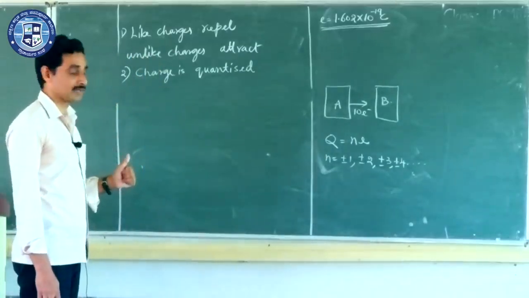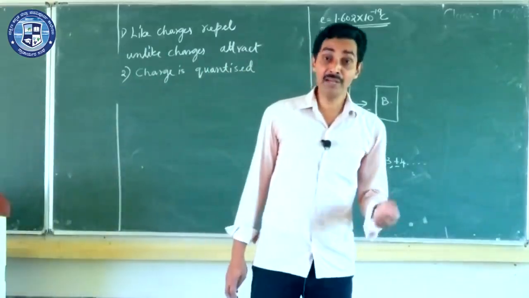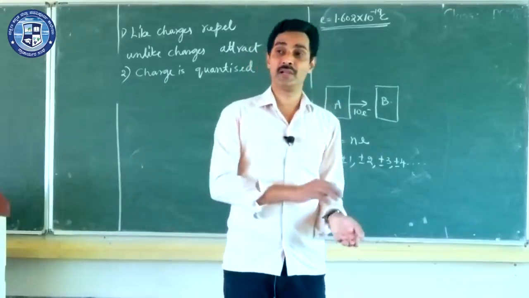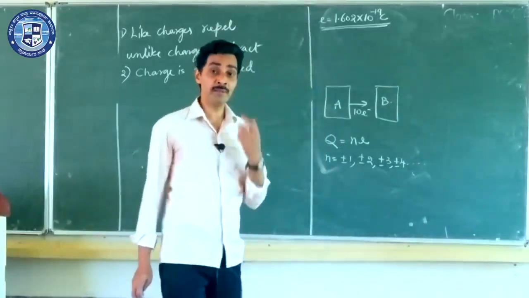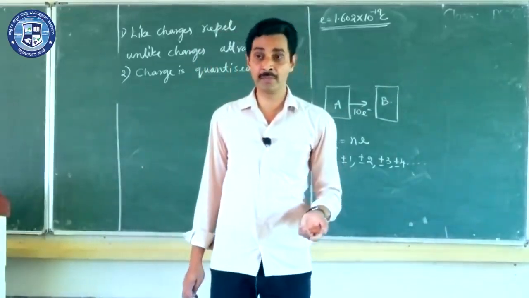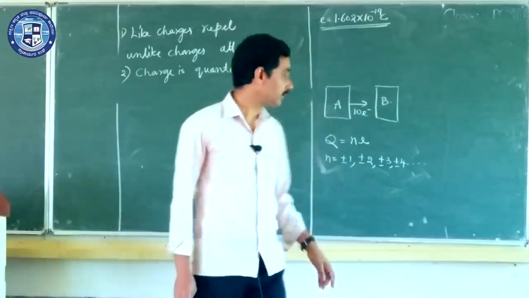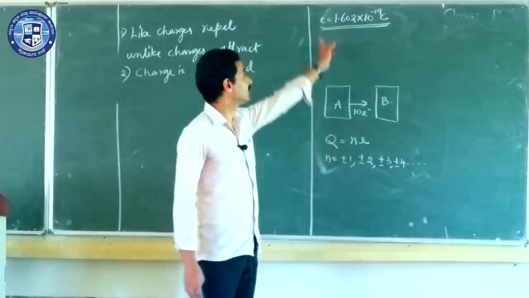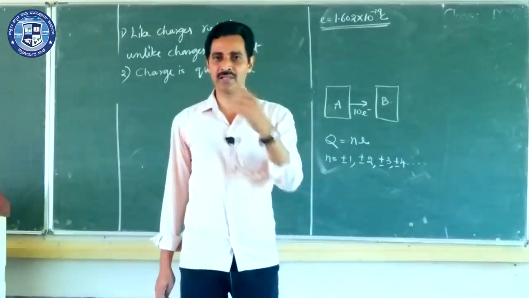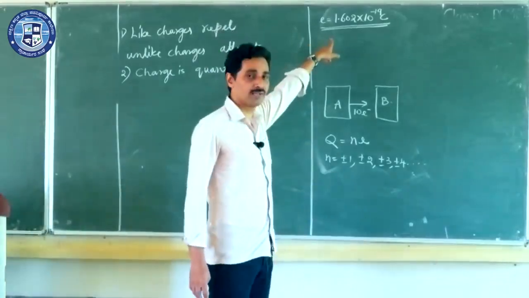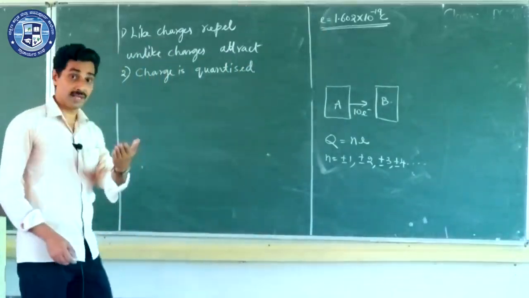Charge is quantized, and suppose there is one more question. What is the minimum amount of charge you can transfer from one body to another? What is the minimum amount? And the minimum amount should be this one. What is the minimum number of balls you can purchase from a shop? Is it 0.5? Is it 0.3? No, it is 1. So when you put n equal to 1, Q equal to e, that is this one. So the minimum amount of charge that can be transferred from one body to another is the magnitude of charge of an electron. Okay, that can be another 1 mark question. Okay, and who named charges as positive and negative?